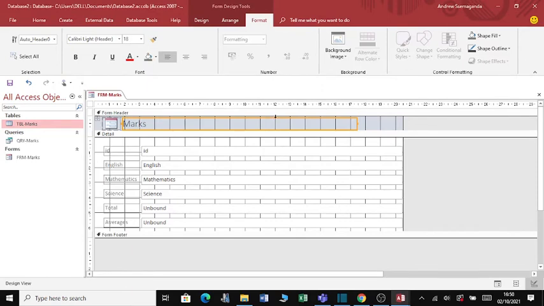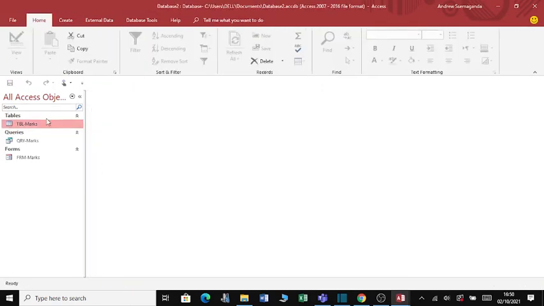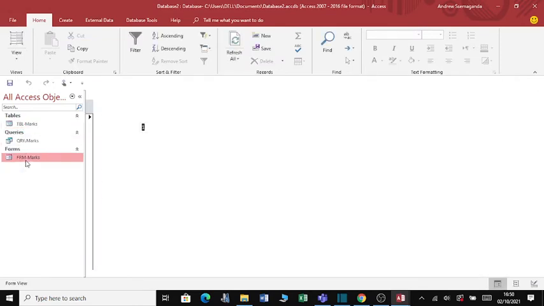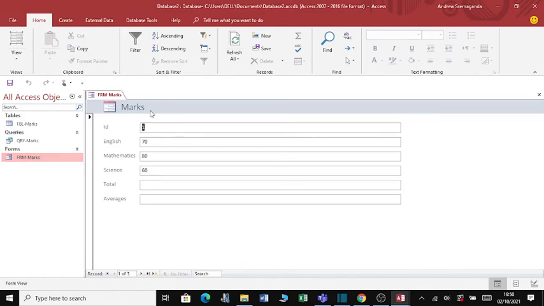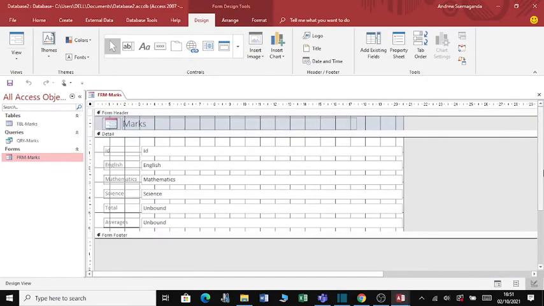Of course, there are many ways of creating forms, but as you can see, when we have tables, we have queries, we have forms. When I clicked on create form, it created this form, as you can see. But you can see now the totals are not coming. However, I just want to show you how you can put a formula such that I generate the total, average. It can be multiplication, it can be subtraction. So when I click here, just come down and